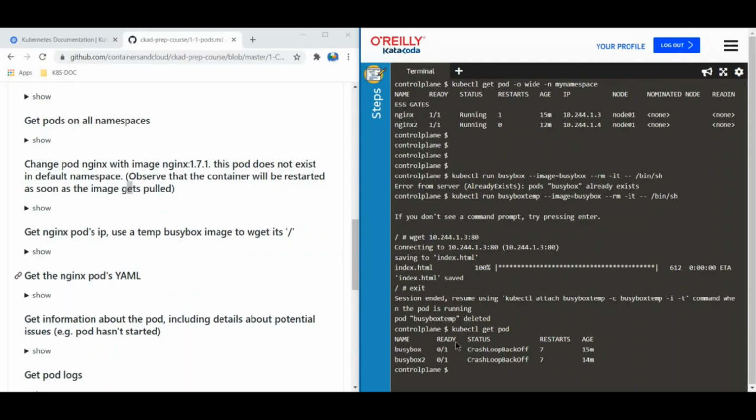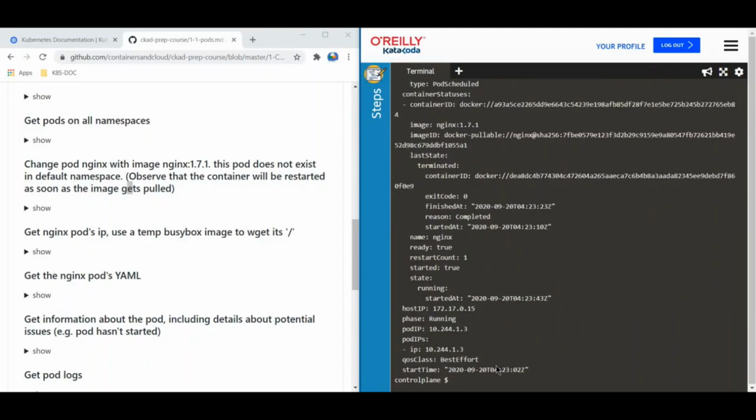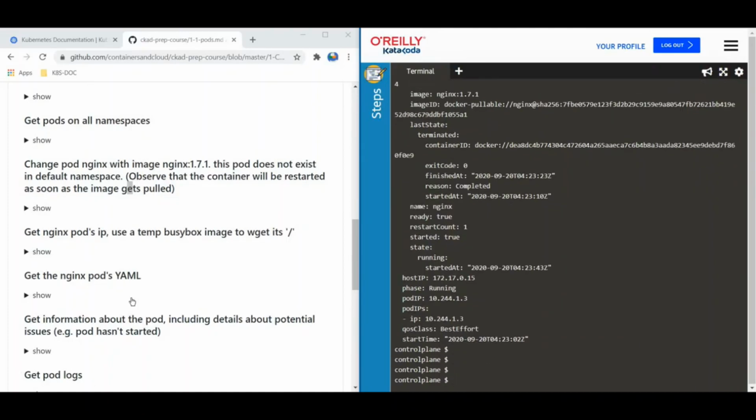Get the Nginx pod's YAML file, which is simple. So Nginx pod, and this runs in my namespace, and you use the -o yaml to get the YAML file. Here they didn't ask us to store it anywhere, so just display it here. Okay. The next one,